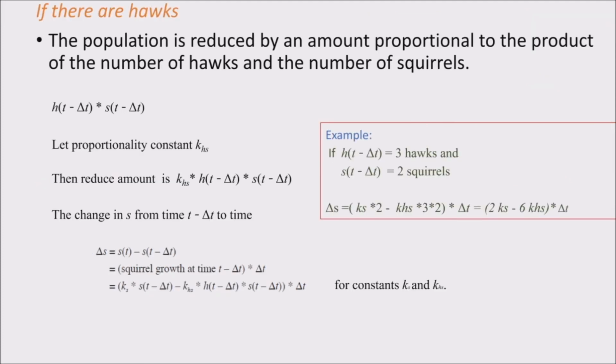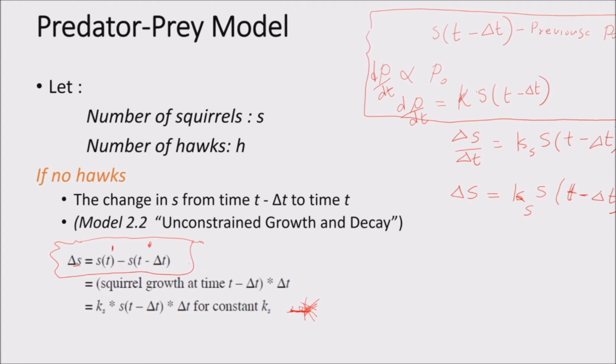Right. If there are no hawks, this is what's going to happen, but we have to apply deaths into this. If there are no hawks, we are just having the birth. We are applying the birth only in this case. This is unconstrained; we consider that we have not applied the deaths yet. We're saying that if there are no deaths, they live for months and months, so don't worry about any deaths here.